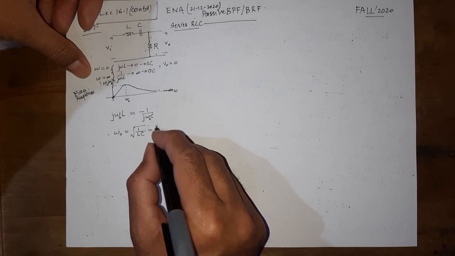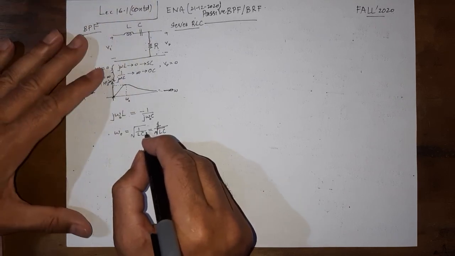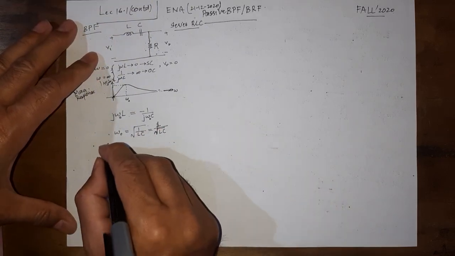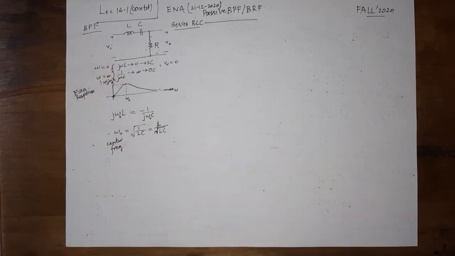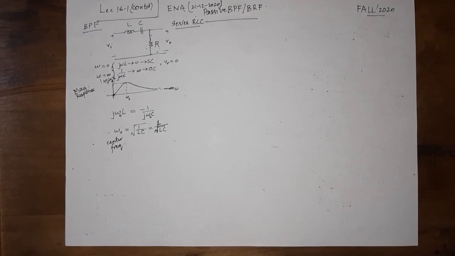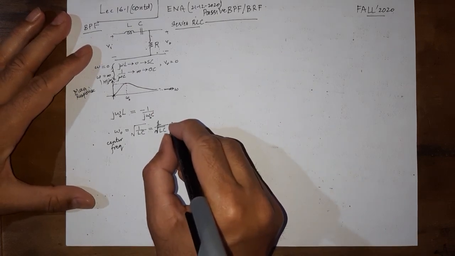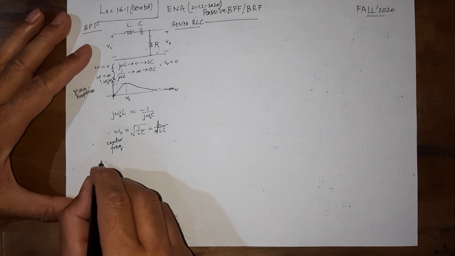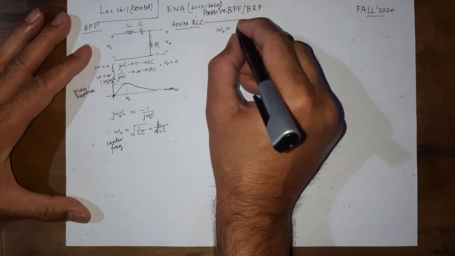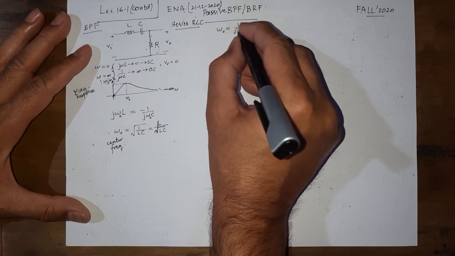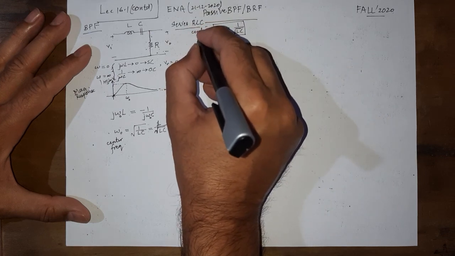and this can be written as 1 divided by, either way it is correct. This is the center frequency, and although we have written it by inspection, by reasoning, we can put the definition to practice as well to find that this is indeed the center frequency. So let us enclose it for our later record that omega naught for this circuit is equal to 1 over square root of LC, which is the center frequency.